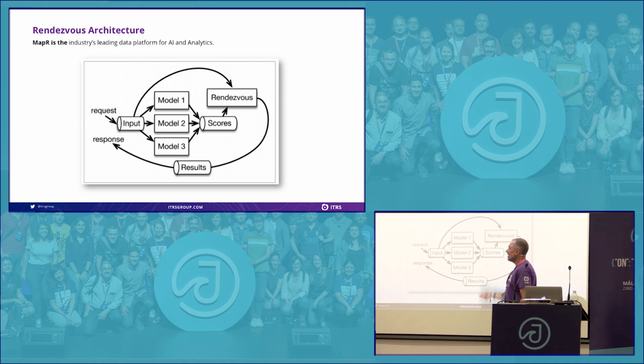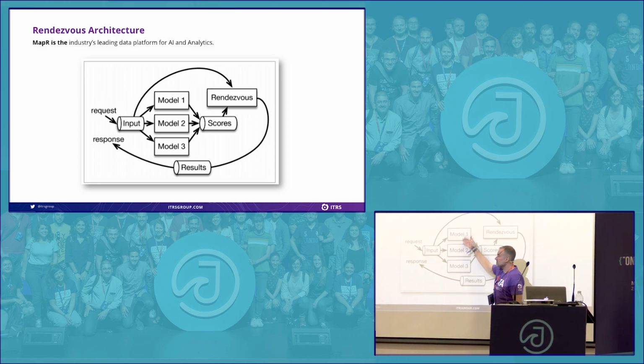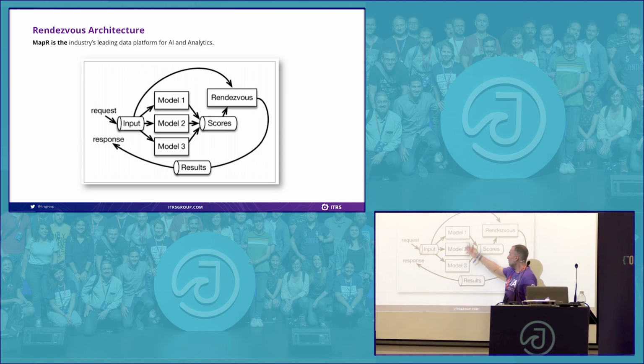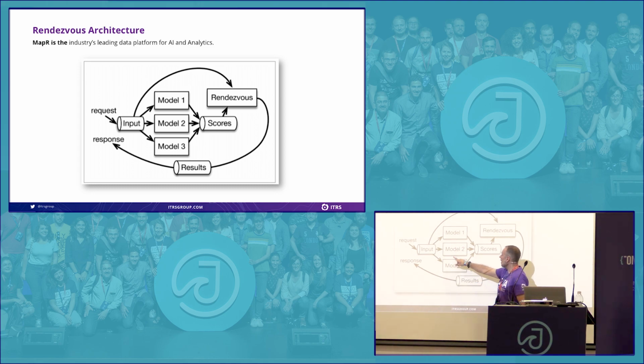So this is where we've come in our rendezvous architecture, and this is essentially the main thing. We've got the data coming in, so we're streaming the data into all our models. You can have as many models as you want. These could be containers. These could be actual just little bits of programs running on your system. It can be anything. So a model is a group. So you could have hundreds of models. And what happens is they all send their scores to a Kafka streaming bus that punches that into a